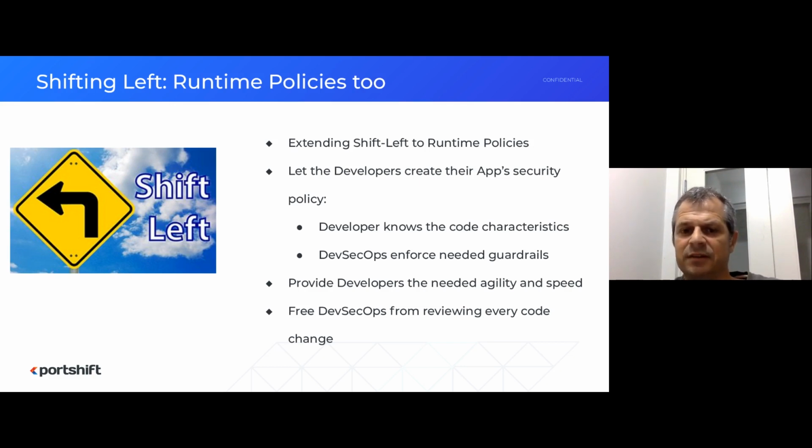Having said that, one of the nice practices that we recently started to see is developers creating their own app security policy. When developers create the application, they know best the characteristics of their code, which microservices need to communicate with which microservices.